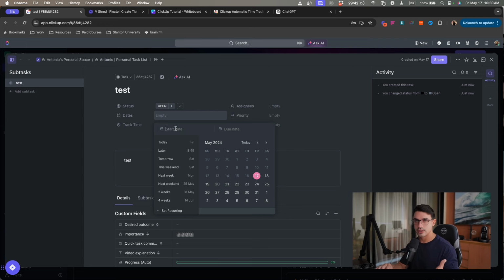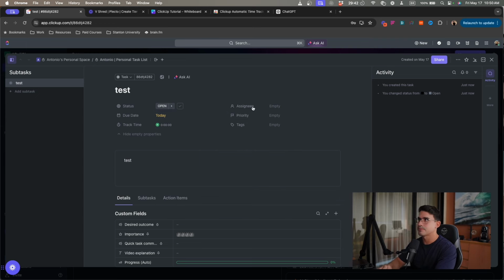So I'm not going to highlight the importance of start dates because it's not helpful for us, but there's definitely a use case, right? But one thing that is a must is due dates. People need to set up their due dates on the tasks. They need to assign it to somebody so that the task is not in limbo, right? There must be one person responsible for finalizing that task every time. And then there must be a priority attached to the task. How important is that task as well?